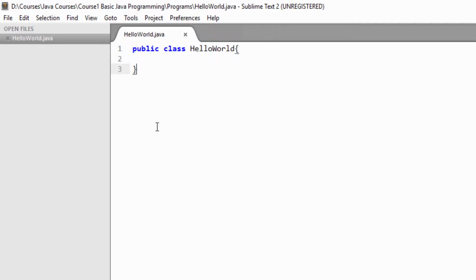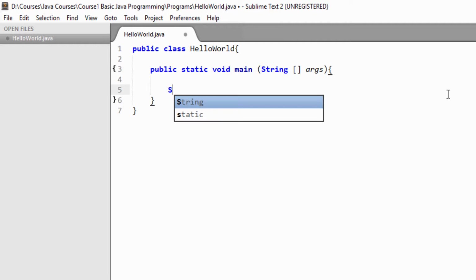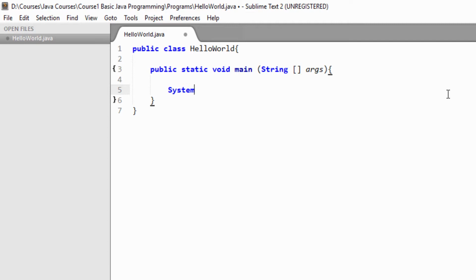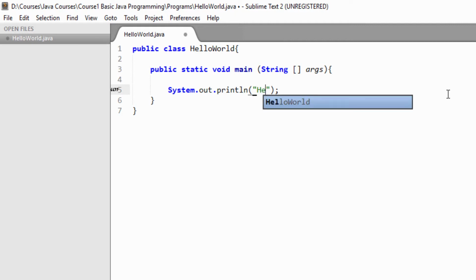Now we will write our main method. This is the method which is executed when we execute a class. public static void main(String[] args). Then we will print a line on the console. So for printing a line, we will write System.out.println, print line, and here then double quotation marks, and we will complete this by a semicolon. This is a statement, and here we will write Hello World Java, and it will be written on our console.